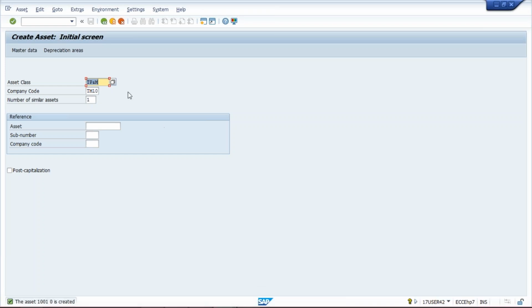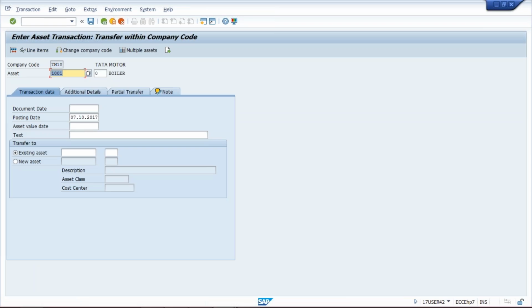Now here use a transaction code ABUMN. Now we are going to transfer the value. This is the new asset, document date. So guys, now I'll do one thing. If you give this document date, then the system is not going to consider your depreciation, but the problem is we have posted depreciation also. So give a future